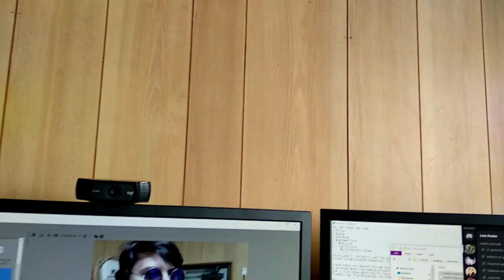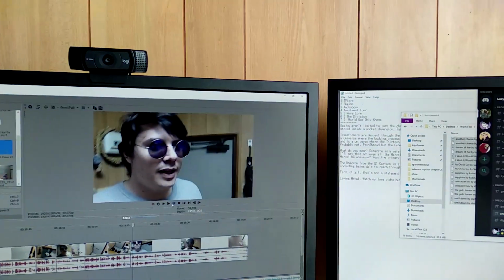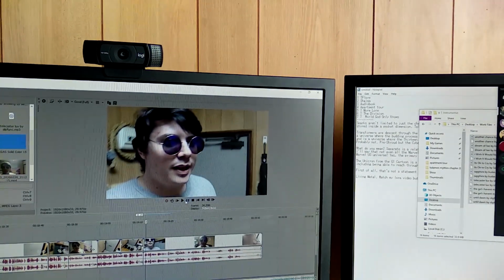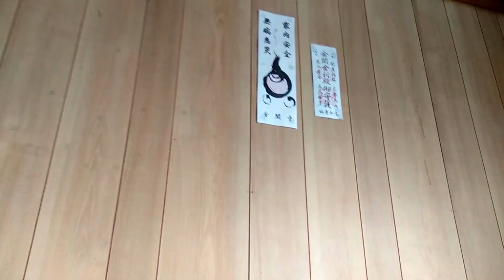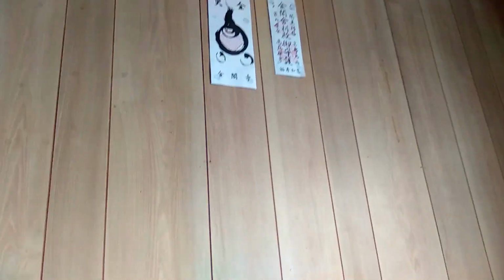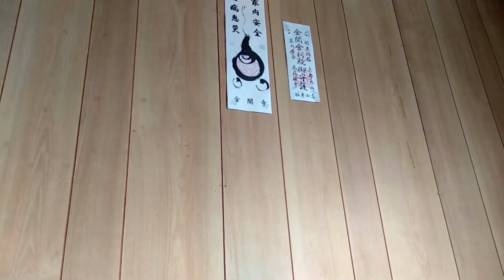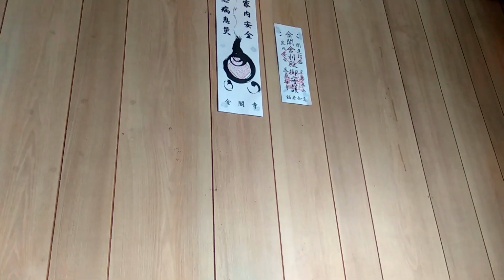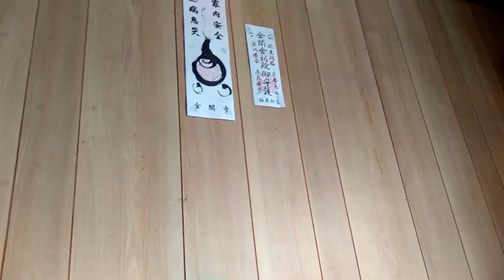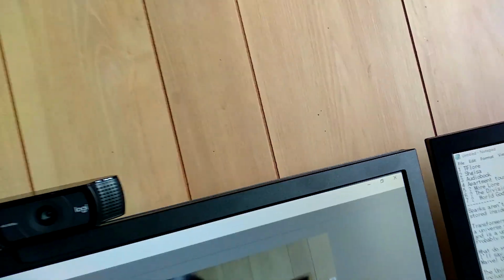While I was editing, I noticed there were a few things that I was leaving out that didn't come across my mind to mention while I was making the video. First, above the computer are some charms from Zenkakuji Temple in Kyoto, but these are just like Buddhist charms, I think it's Buddhist, to have a peaceful and happy home. So the Buddha is looking over me. And also,